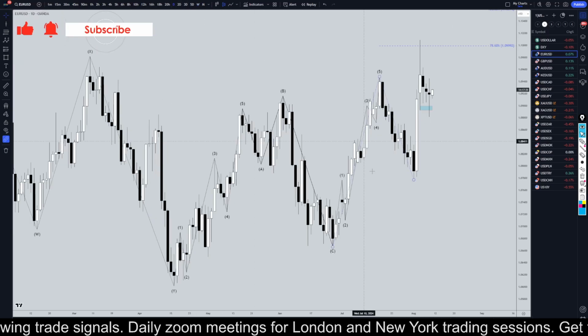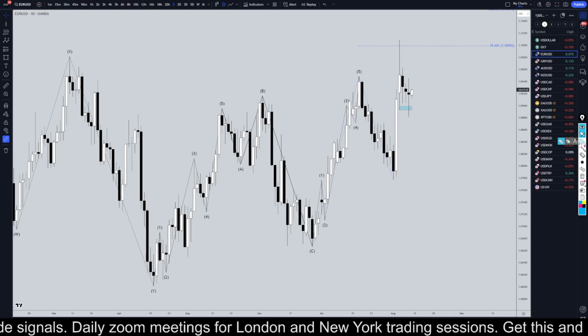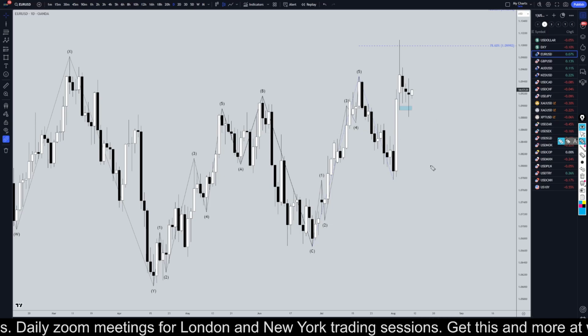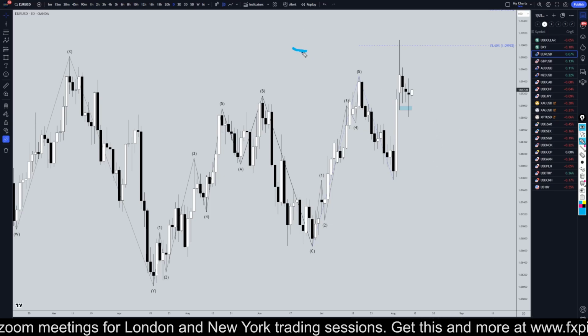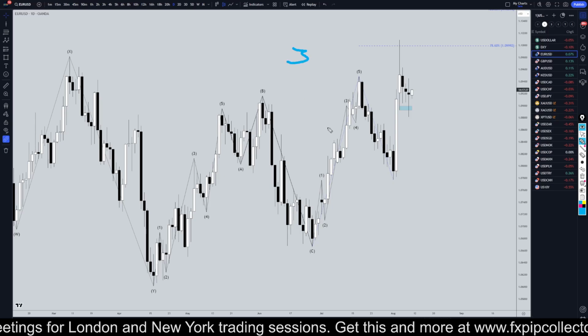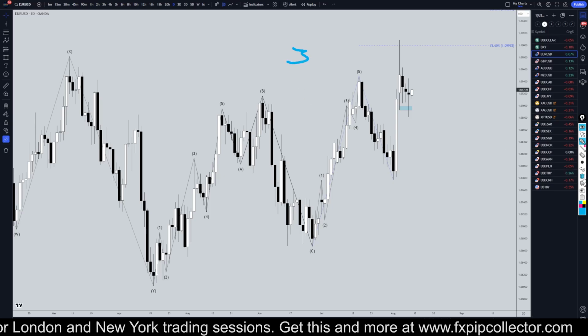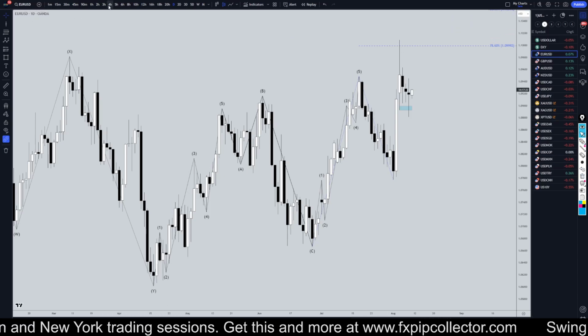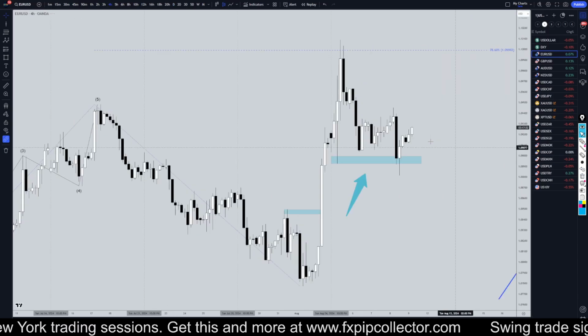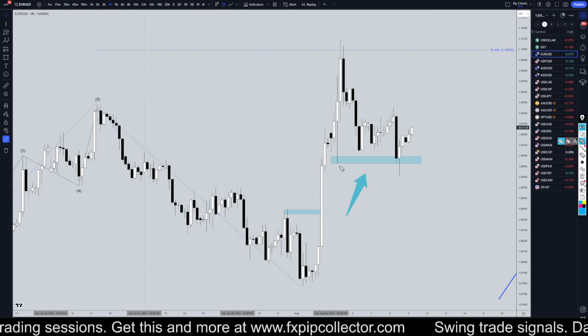So taking it down to the daily time frame. On the daily time frame, trend is definitely still up. I believe it's a wave 3 on the higher time frame, so I am still primarily looking for longs on shorter time frames. Taking it down to the 4 hour time frame, I had this structure level right here